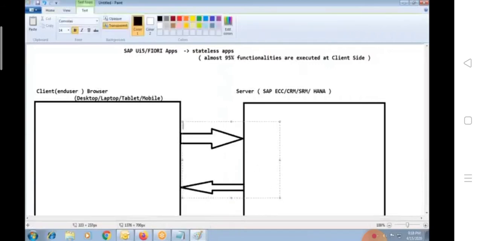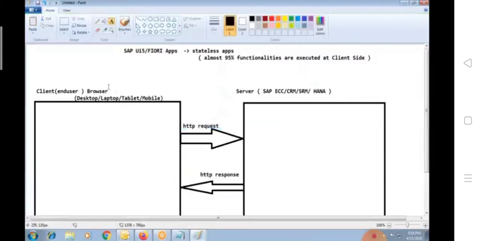So these are browser-based applications, which will have HTTP request and HTTP response. Every browser-based app generally has HTTP request and HTTP response between client and server, because these are web applications, or I can say browser-based applications.